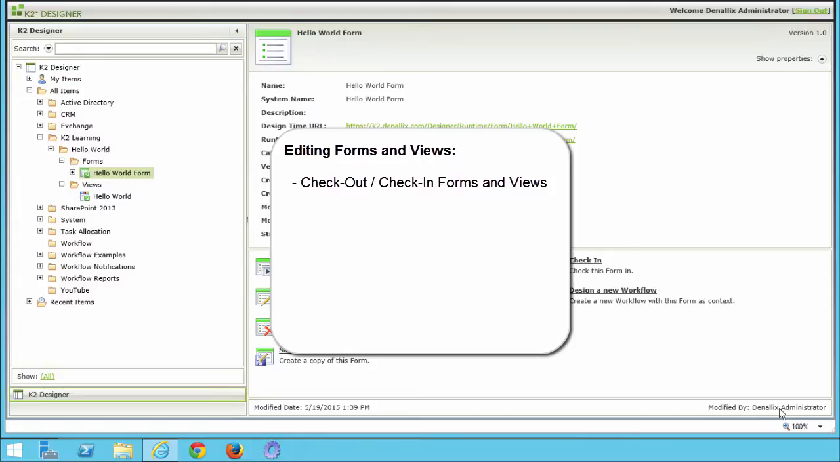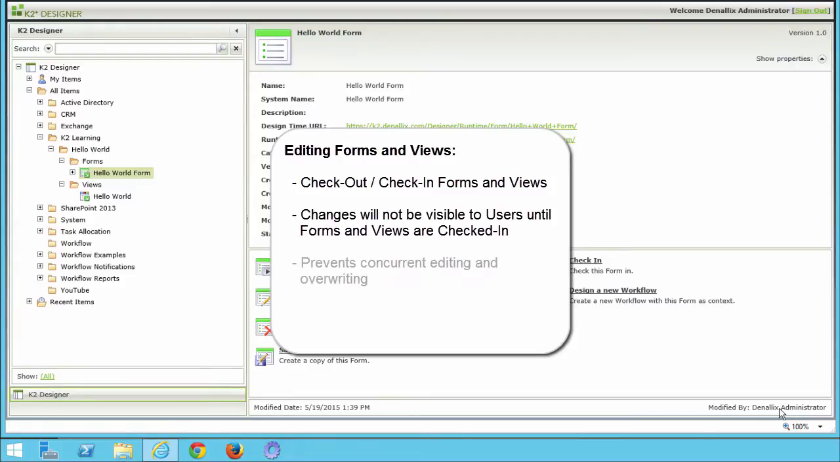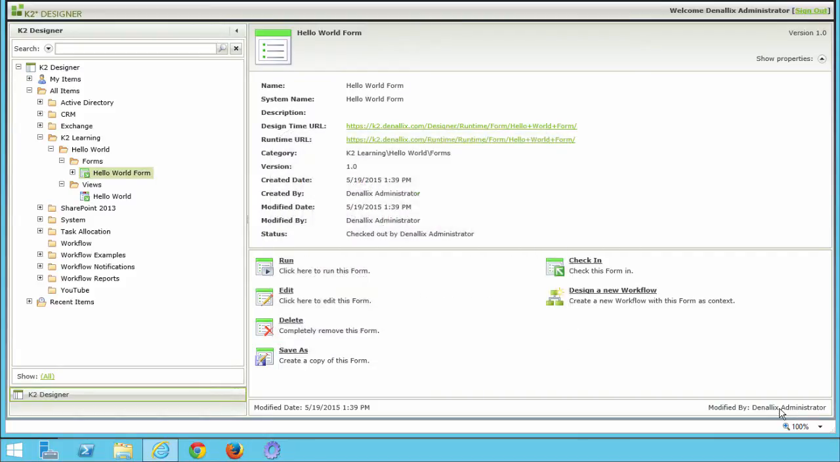These changes, however, will not be visible to your users until you check the forms and views back into K2. This prevents multiple people from making changes concurrently to the same view, and it gives you the ability to test your changes before pushing them out to your users. In this case, we'll need to check the form and view back in before our users can open the form